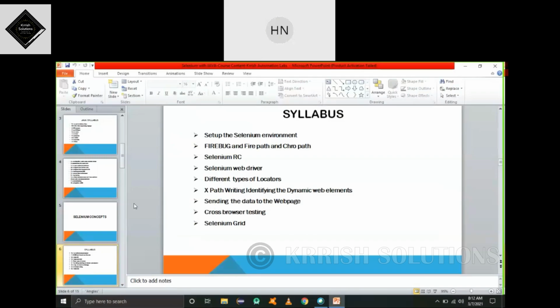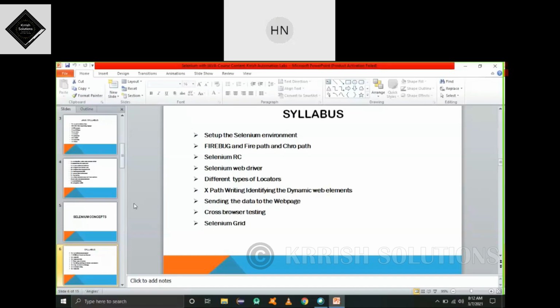And why are we going for Selenium? More people are going into Selenium, and the complete market is swinging around Selenium only. Why? The main reason is that it's an open source tool, there is no license fee. There is QTP, UFT, which charge around 6 lakhs, I think. They are charging money to provide support for the application. It's an HP product. They are charging so much money, but Selenium people are not charging anything. It's open source. That's the reason the complete market is using open source tools.